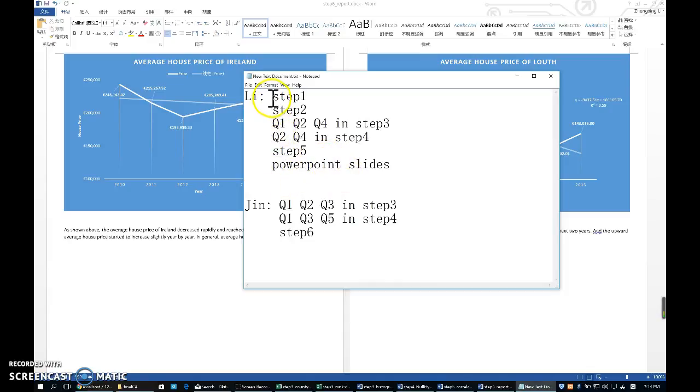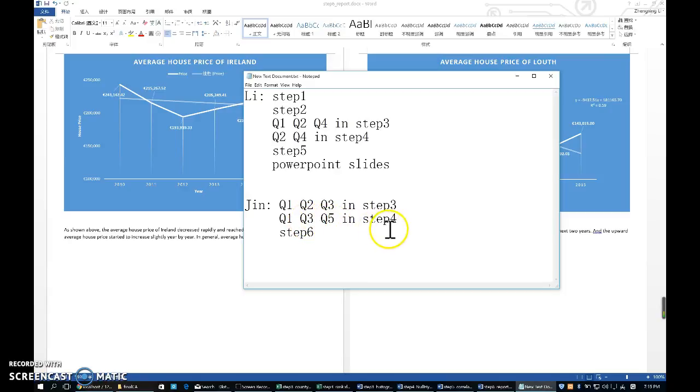My partner is Jing. I was responsible for step 1 and step 2, and we were both responsible for the first 2 questions in step 3. I was responsible for the fourth question in step 3, and Jing was responsible for the third question in step 3. I was responsible for the second and the fourth question in step 4, and Jing was responsible for question 1,